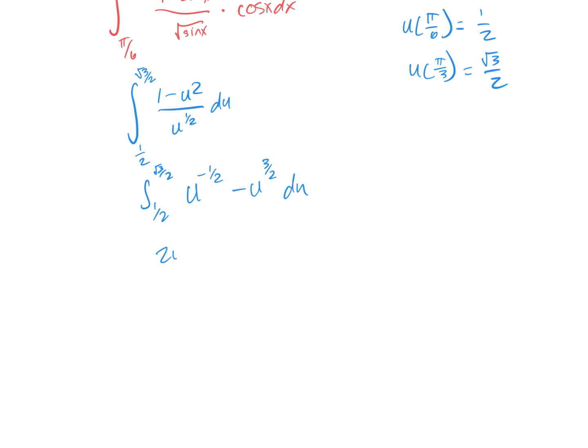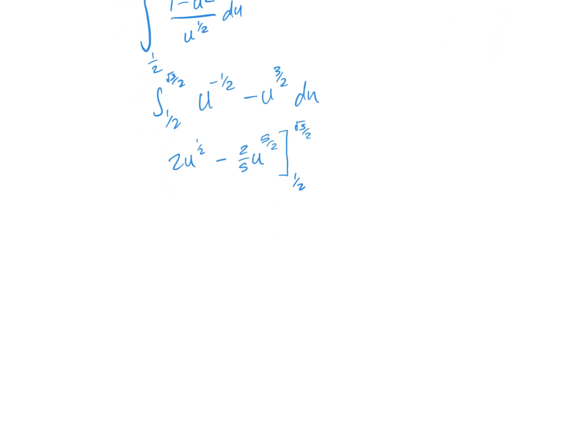Let's see, that's 2u to the 1/2 minus 2/5 u to the 5/2 evaluated from 1/2 to root 3 over 2. And then lastly,